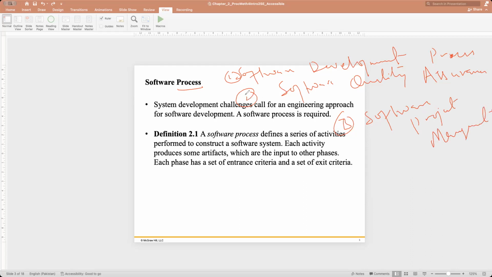Now we have to make sure that productivity is the focus of this. Productivity can be achieved from here if we can improve the software development process, or if we focus on the software process. Quality, this second one, is for quality, right? And the third one actually covers both, because we are focusing on project management. So its focus is cost and time, both are here. So these three things are the software development process, quality assurance, and project management. If we perform these processes nicely, then we can achieve productivity, quality, cost reduction, and time reduction as well.